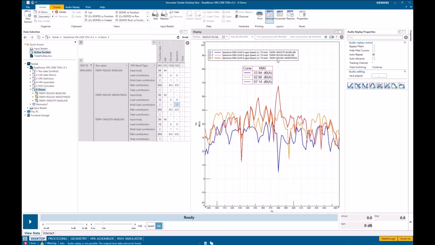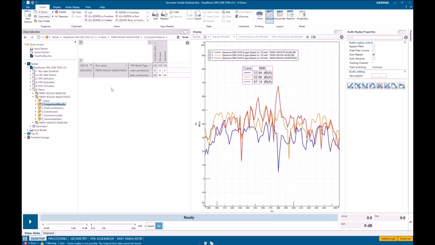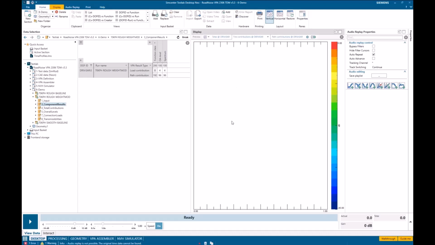This is from the 70 kph rough weight modified test. And so I'm going to go over to that simulation, or that virtual prototype assembly, and I'm going to look at the component results now. So where I was looking at all results from all 3 assemblies, I'm going to drill into just some component results just for the one. So I select this, and this table gets reduced to just the results in this single folder. So I can create a function display here, and I can grab the spectrum load contribution